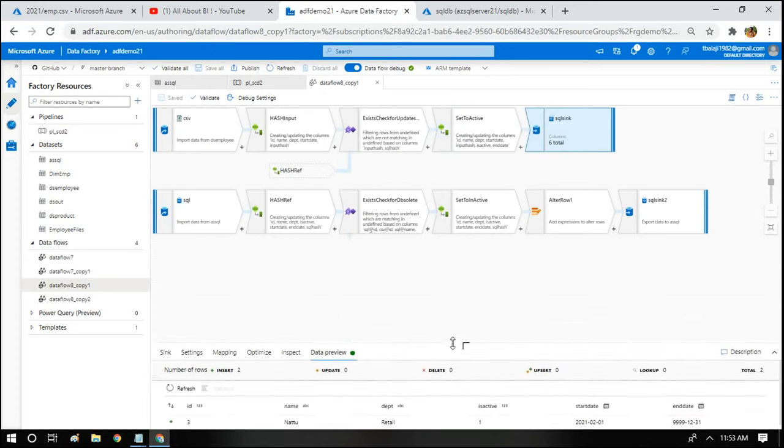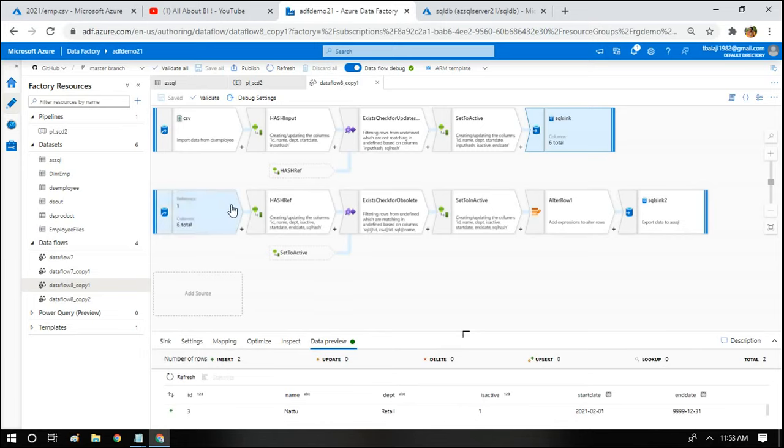The first thing is, from SQL, right now we are bringing all the records. It's always recommended to pull only the active records, because we are not going to update any inactive record in the near future or forever. So we are just worried about the records which are active.